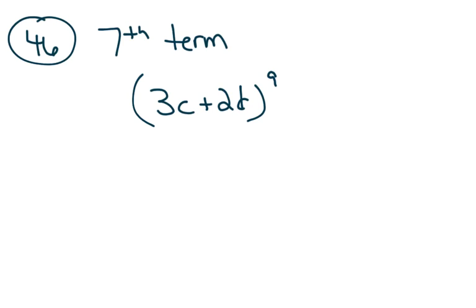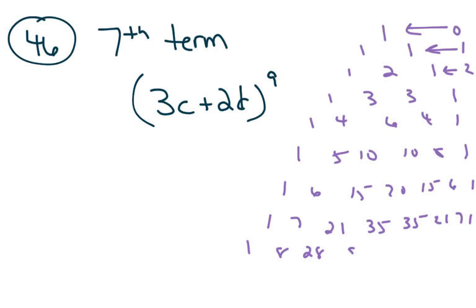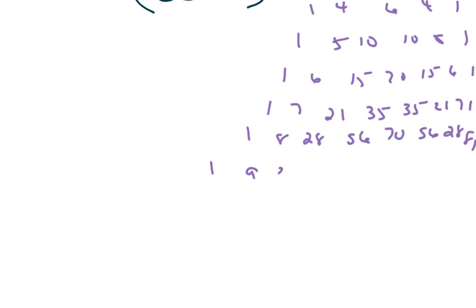And the last problem. We talked about these things called binomial expansions. Pascal's triangle helped us do binomial expansions, where this was row 0, row 1, row 2, and so on. I want to find the 7th term in the expansion of 3c plus 2d to the 9th. Now, if you want to expand this all the way down to the 9th row, you can. I expanded it here to the 3rd row. The next one is 1, 4, 6, 4, 1, and then 1, 5, 10, 10, 5, 1, 1, 6, 15, 20, 15, 6, 1, 1, 7, 21, 35, 35, 21, 7, and 1, 1, 8, 28, 56, 70, 56, 28, 8, and 1, and then the last one would be 1, 9, 36,